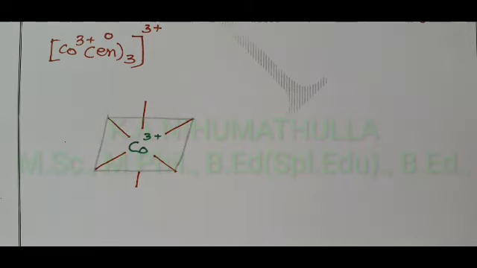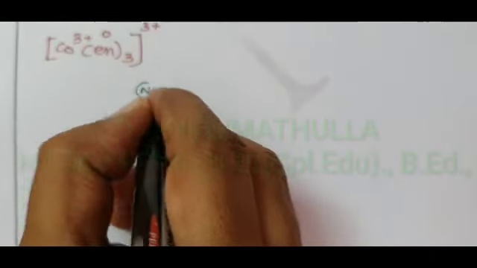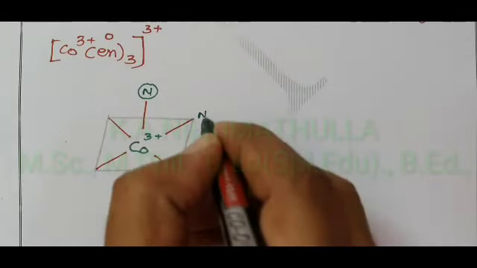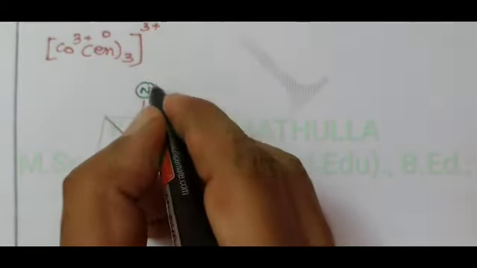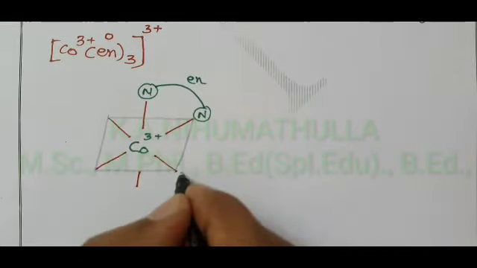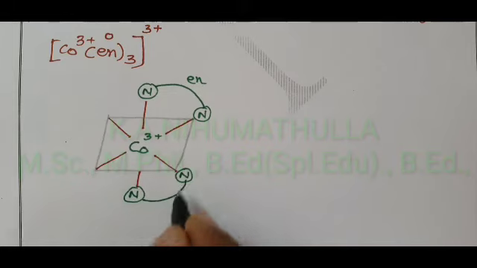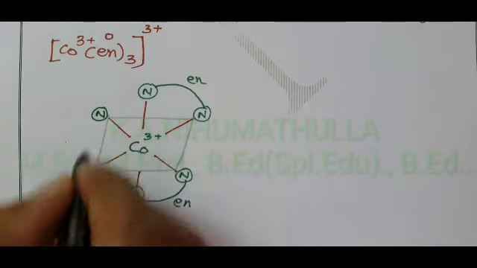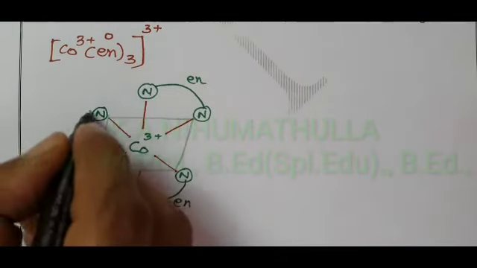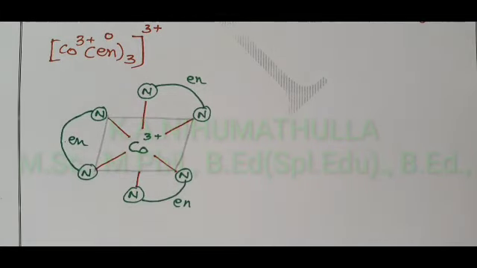Now the donor atom in ethylene diamine is nitrogen. Here write 1 nitrogen donor atom. Write 1 nitrogen donor atom. Then simply join these two, that indicates ethylene diamine. Another donor atom nitrogen, NH2, NH2, CH2, CH2, NH2, ethylene diamine. Here you have 1 nitrogen, NH2, CH2, CH2, NH2, En. Charge on the complex we know, it is a 3 plus ion.